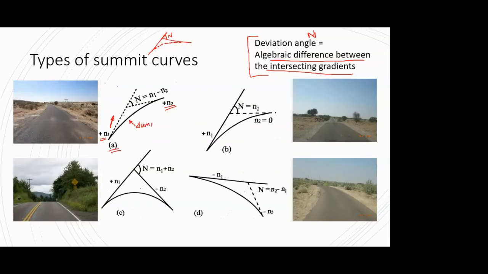So now you see this case number 1, what we saw. You don't really have an up gradient followed by a down gradient, but in this case we have a steep up gradient, which is followed by a mild up gradient. Okay. So in that case also you get such an apex kind of formation, and to flatten it down, you need a summit curve. So on the left side, if you see, there is a picture.